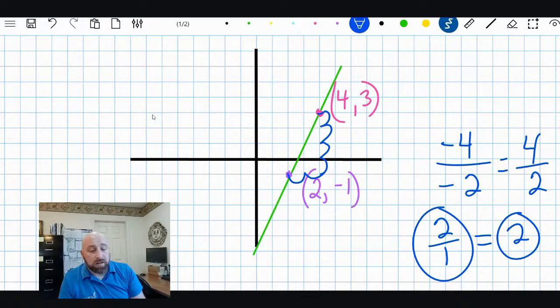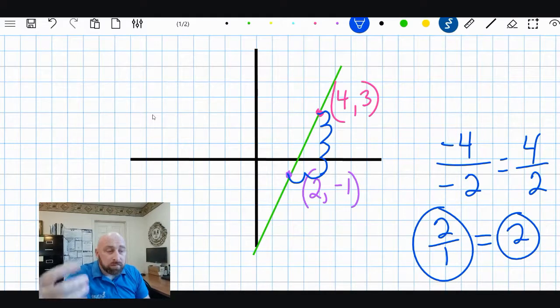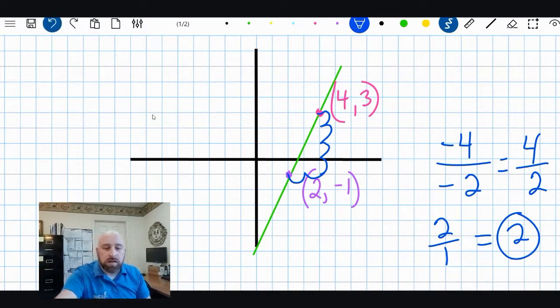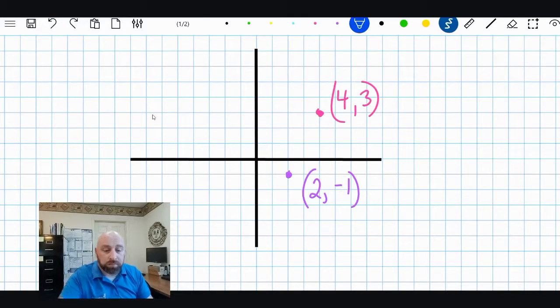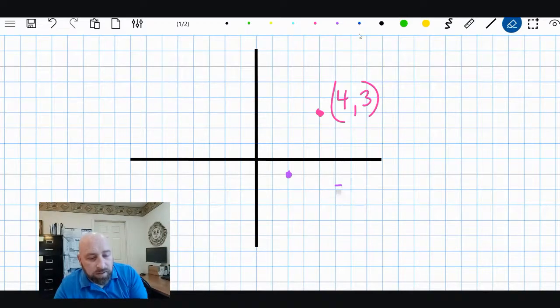Okay? And so it doesn't matter which way you start, it's going to end up being the same answer. So I like to keep it positive in that case, so I like to go up instead of going down, but you can go down and left, that's fine, but just be careful with your positive and negative signs. All right, let me do one other thing here with this. I'm going to get rid of this point right here, and I'm going to change this up, and I am going to put a point right